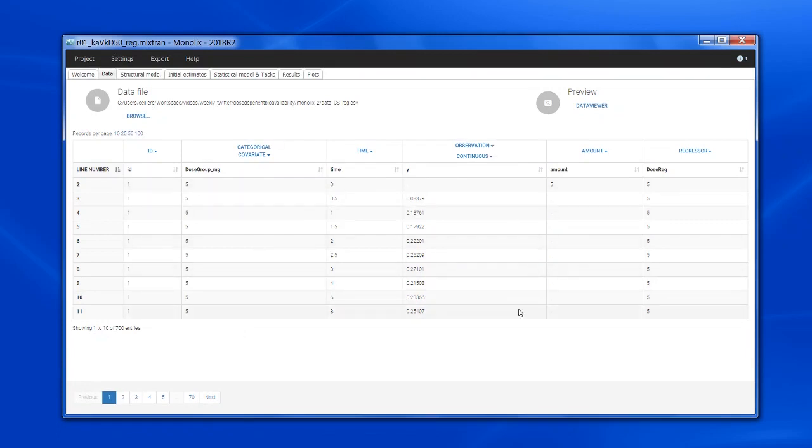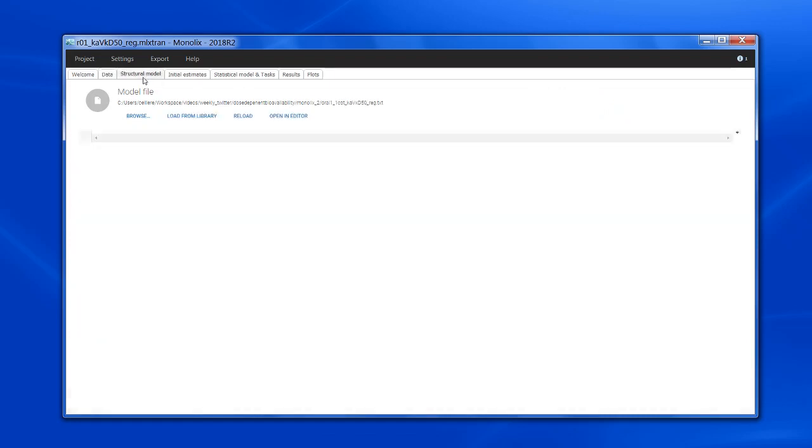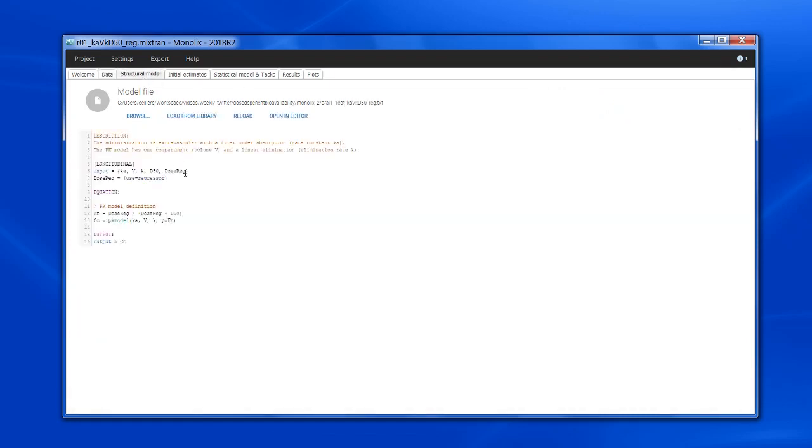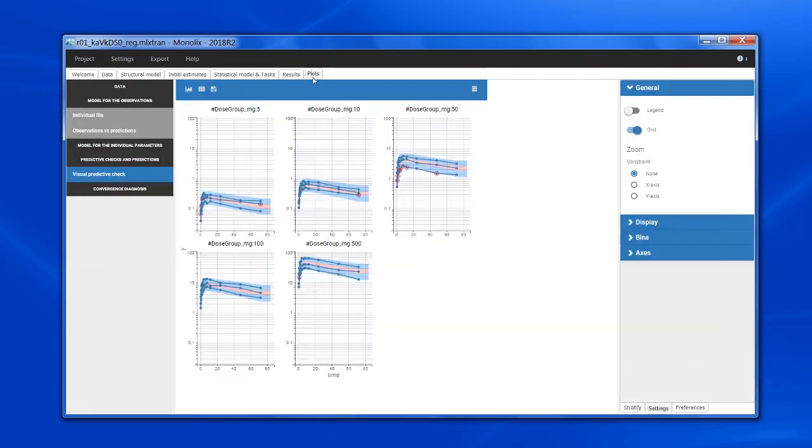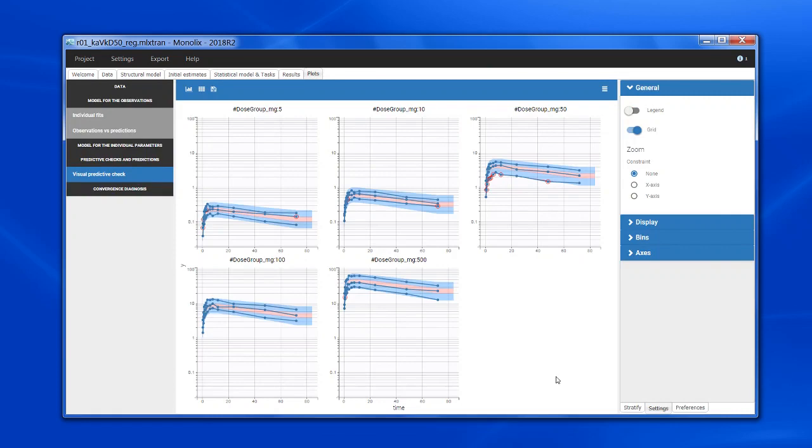It's the same dataset, except that I have duplicated the dose column and tagged the second one as a regressor. In the structural model, I have this dose reg as an input and declared as a regressor, and then instead of using the AMT dose, I use the regressor information from the dataset directly. All the rest is the same, and the VPC also. So that's the second way of doing it.